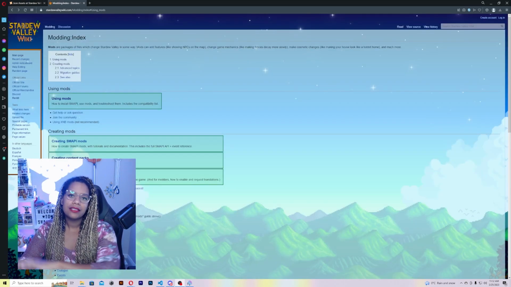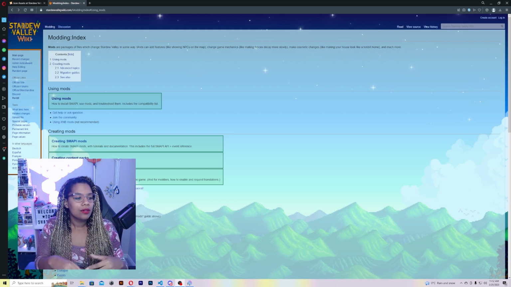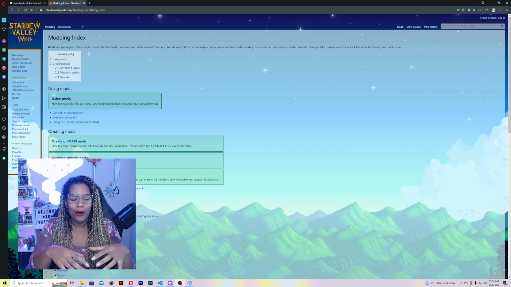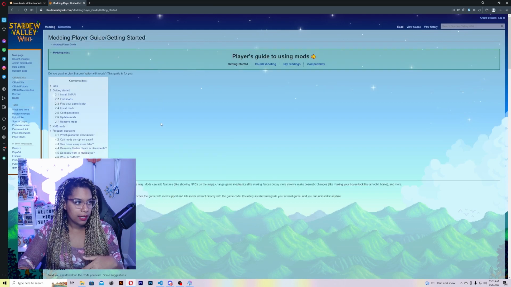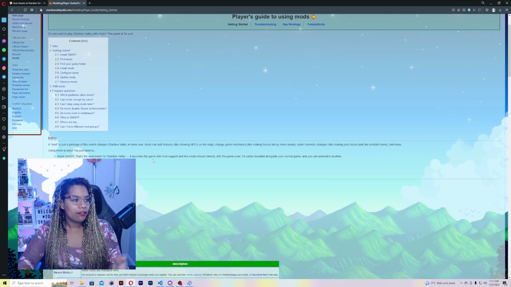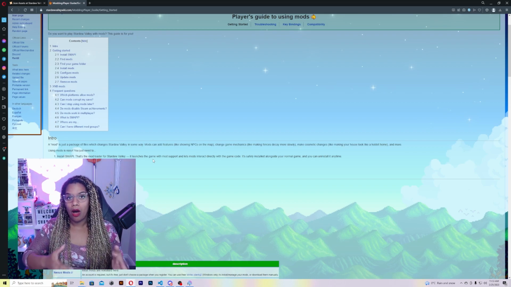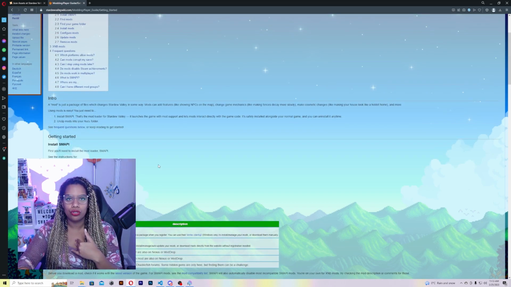Now, if we refer back to that Stardew Wiki page where it shows you how to mod things, you can see that there's using mods and creating mods. So though we're actually creating mods, we need to set up kind of the foundation for using a mod. So if we go ahead and click on this using mods link, it will show you all the guides you need to using mods. So things like how to install SMAPI. I still don't know how to pronounce it. How to install SMAPI, and how you would like download a mod and put it in your game folder. So this gives you kind of all the instructions, but again, I'm going to do it myself and take you